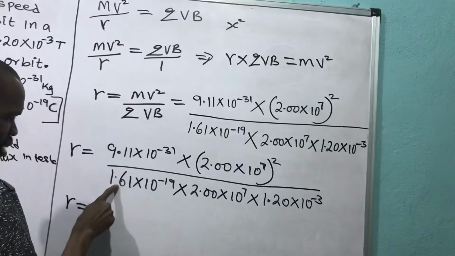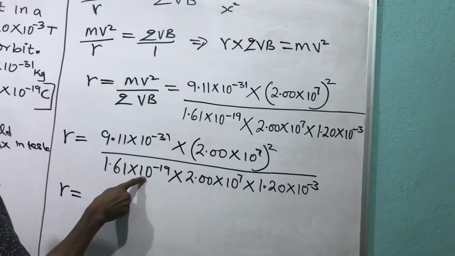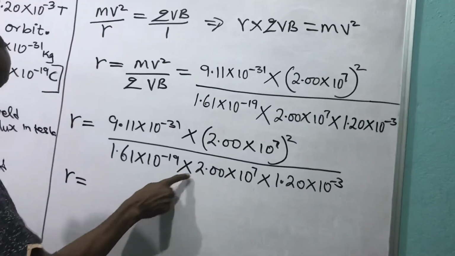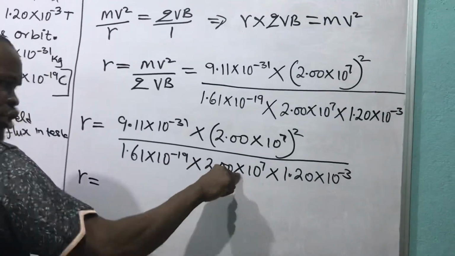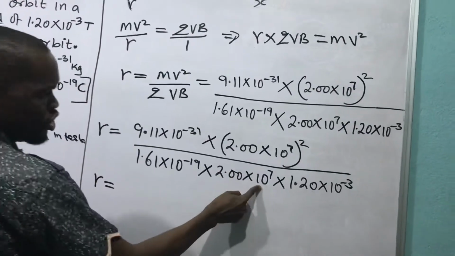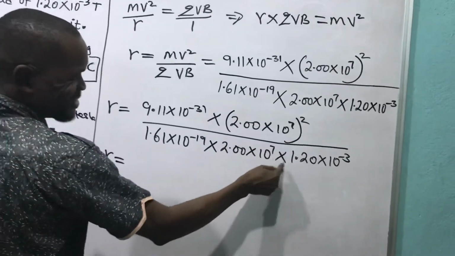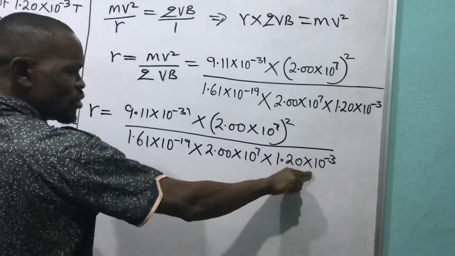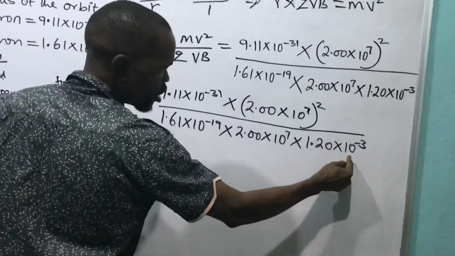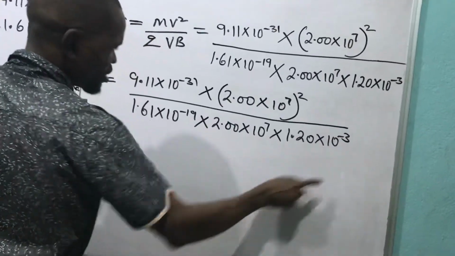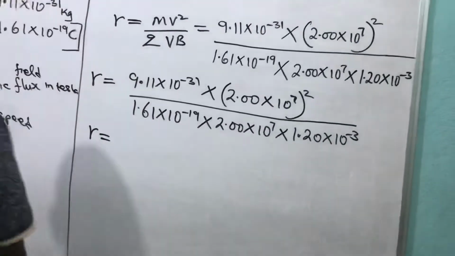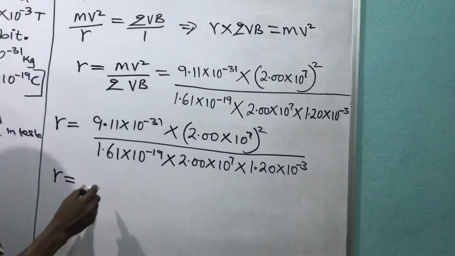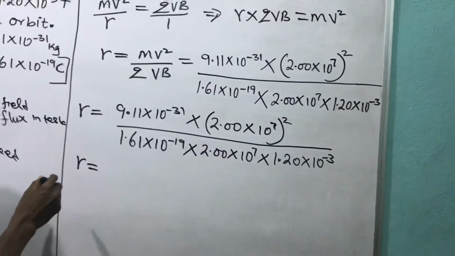Press 1.61 shift log minus 19 times 2.00 shift log 7 times 1.20, getting here, shift, log, then press what? Minus 3. Press equals to, write it down. By the time you do that, you will see the answer will be given to you to be